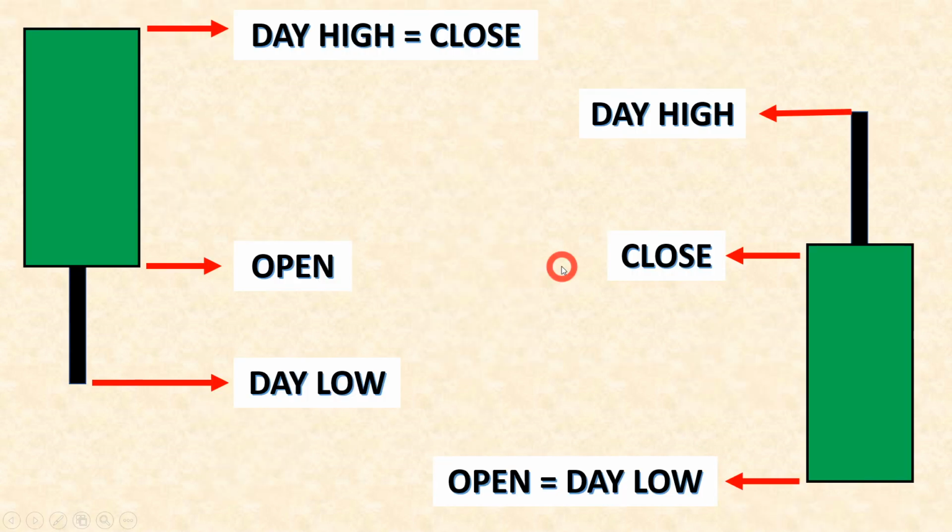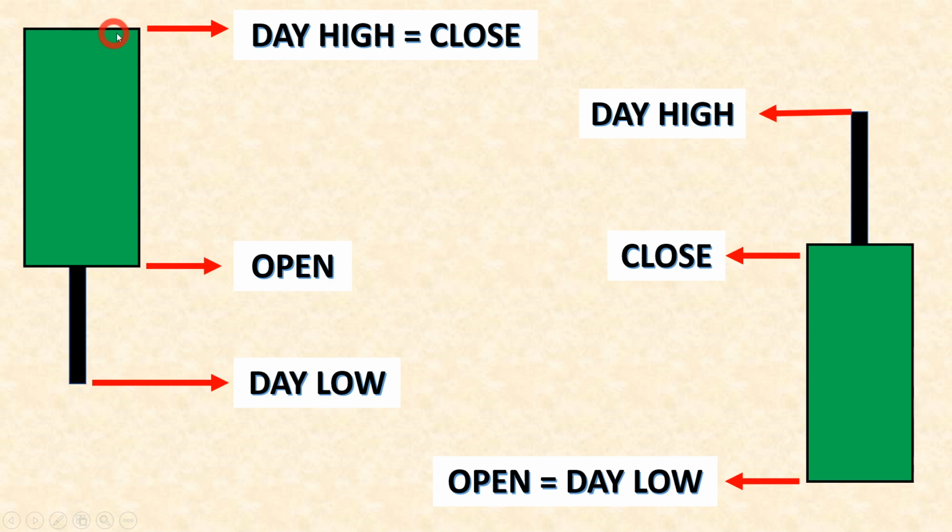So you may also find these types of candlesticks on your chart. First, we will talk about this one. In this candlestick, the open price is somewhere around here. So you remember that in the bullish candle, the opening price is at the lower side of the body. Okay, for your revision, you remember this. Now, it opened here. It went as high as this point, but there is no wick on the upper side.